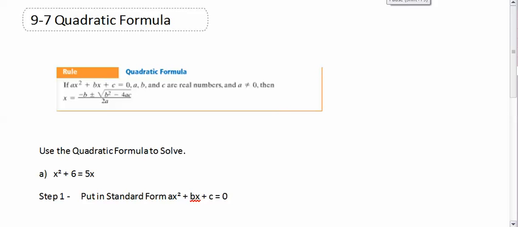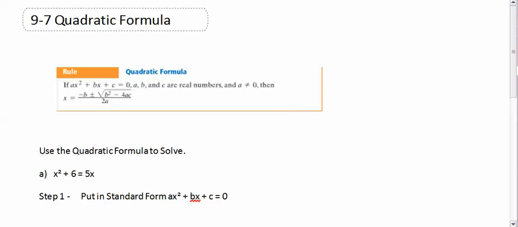Okay, so today's lesson is 9-7, and we are going to use the quadratic formula. A quadratic formula is just another way that we are going to discover to solve for the variable, and it's x in this case. Okay, so one thing I want you to do is to copy down the definition and the formula for